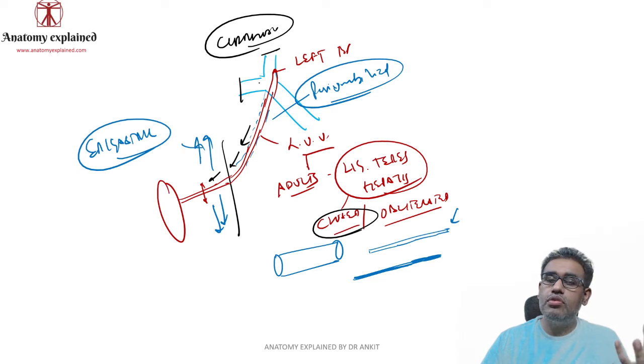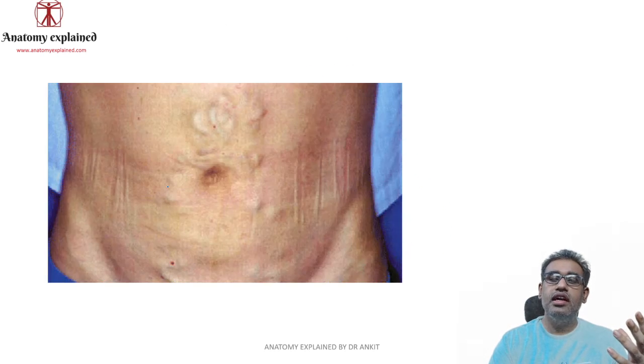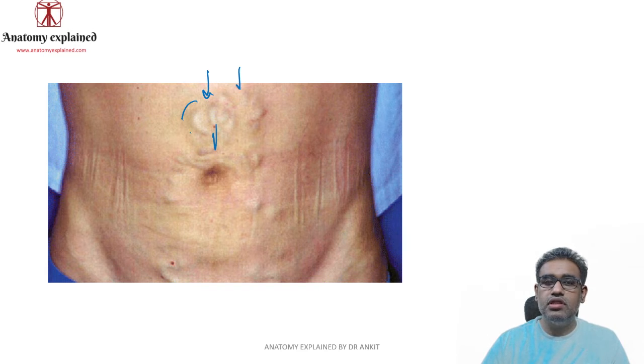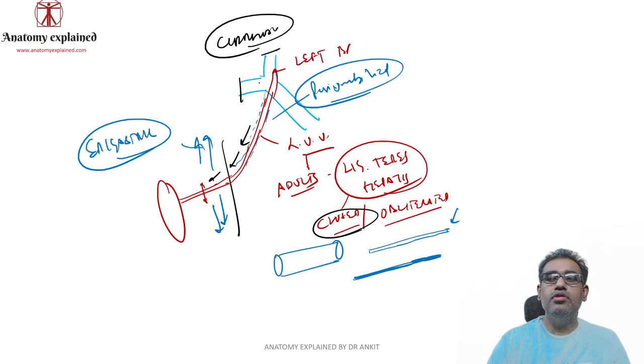But in case of portal hypertension, this may become functionally relevant, as they are on the anterior abdominal wall, and as the veins dilate, you will see the veins surrounding the umbilicus that look like the caput medusae, and the figure is over here somewhat. You can see over here why we are calling it the caput medusae. So you can see around the umbilicus this one is representing. Okay, so one is this portal vein tributary, and this is your systemic vein, and that is your portal tributary.